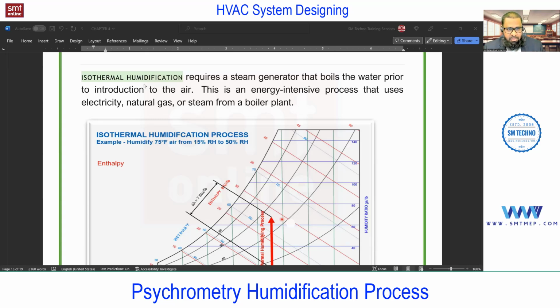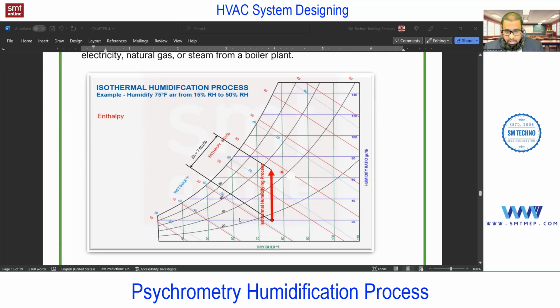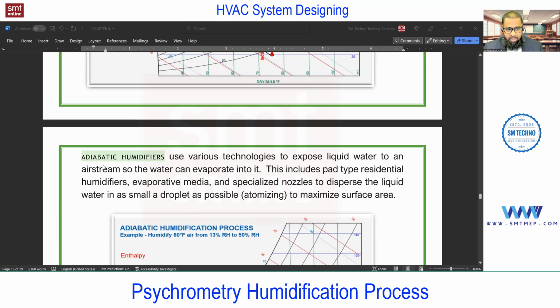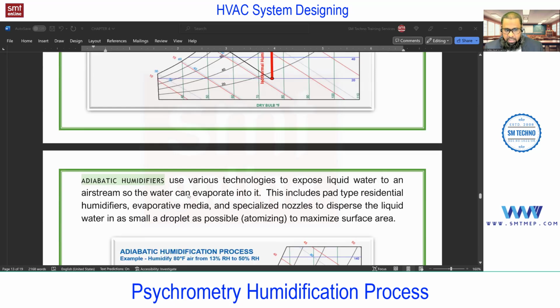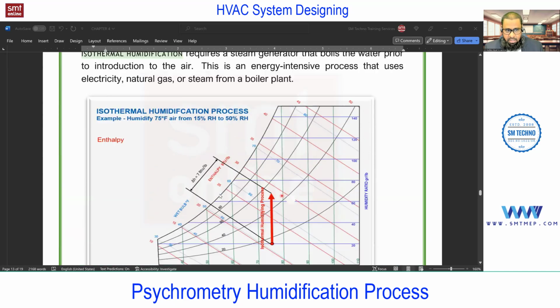In this isothermal humidification, we are adding the moisture by using steam, or we are heating the water by using a heating coil like a heater, adding heat to the water to make it evaporate, or else we are providing the steam. We have the process of spraying the water also, that you'll find in an adiabatic humidifier. That is the next. In that we are not adding the heat to the moisture, but in this case,